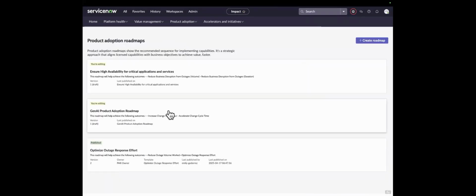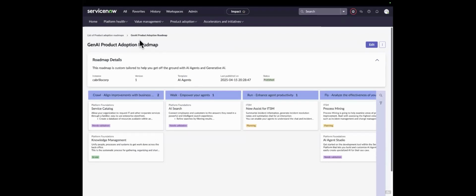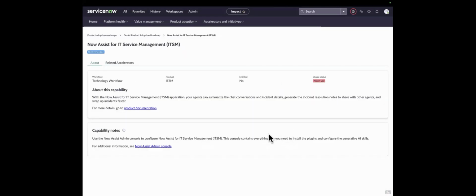So I head over to product adoption roadmaps, and I select our roadmap for generative AI. From here, it looks like I'm actually ready to get started on implementing Now Assist for ITSM. And so when I click onto that capability, I get taken to this new page where I receive some helpful notes around what Now Assist for ITSM is, links to product documentation, and even a link directly to the admin console for Now Assist. And now we also have this new tab here as well,